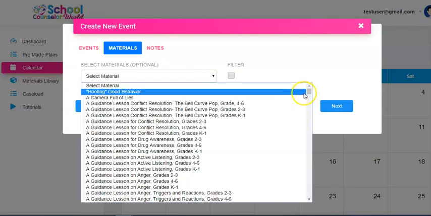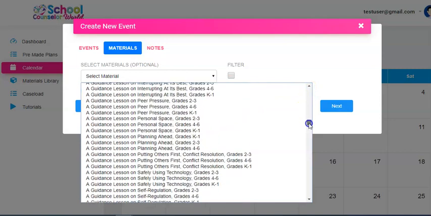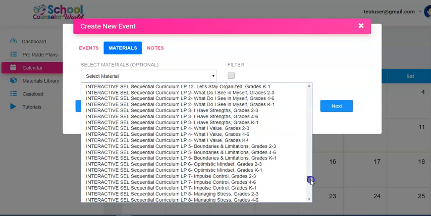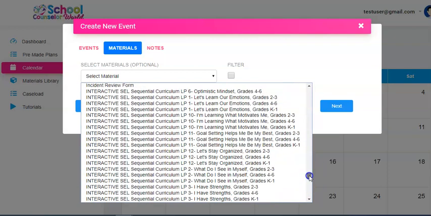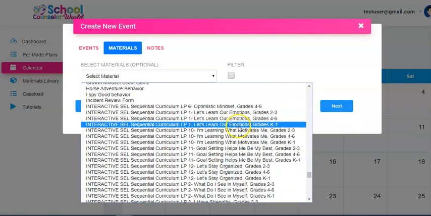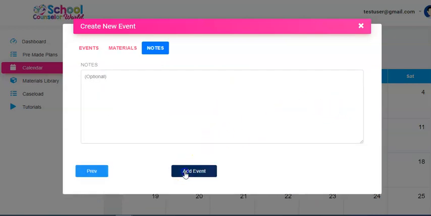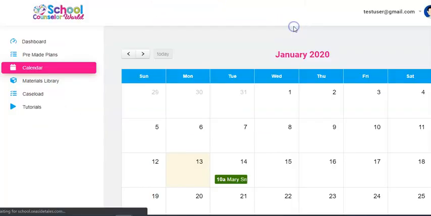Here I'm going to be doing a social and emotional learning lesson, so I'm going to scroll down to my interactive SEL, and I'm going to choose Let's Learn Our Emotions for grades K through 1, and click Next. Click Add Event,